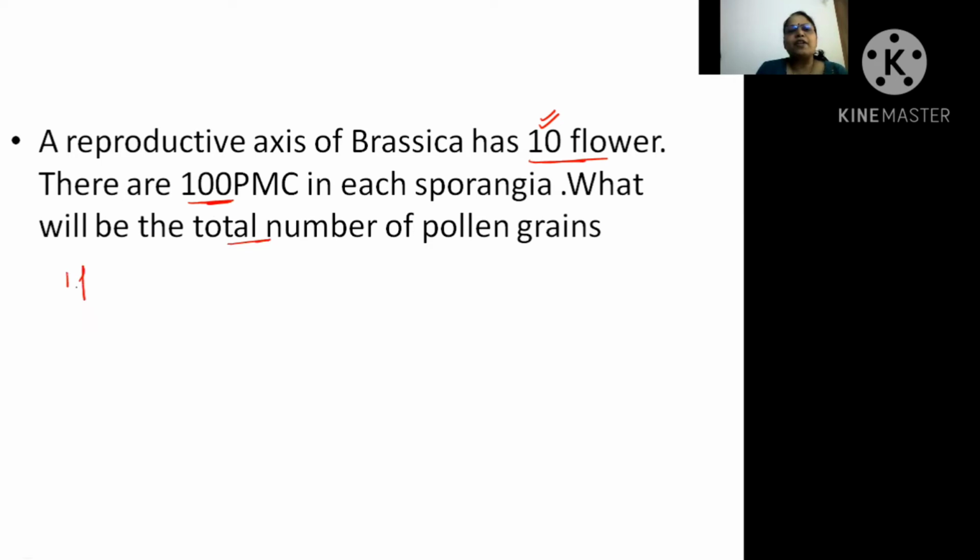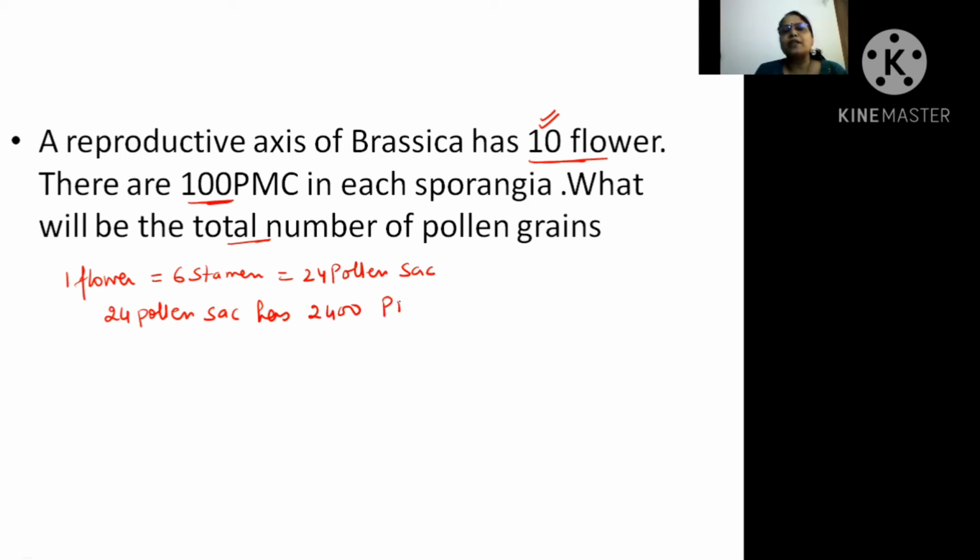I think you know very well that one flower means 6 stamens, which means 24 pollen sacs. Is it clear? And each pollen sac has 100 PMC. The 24 pollen sacs have